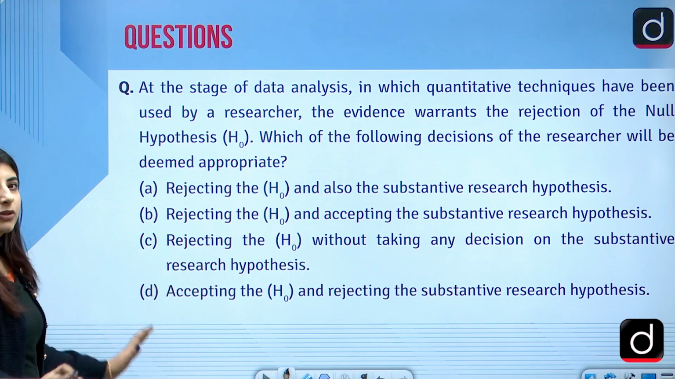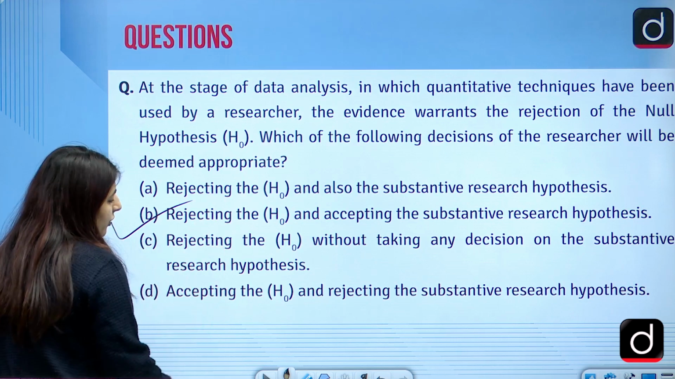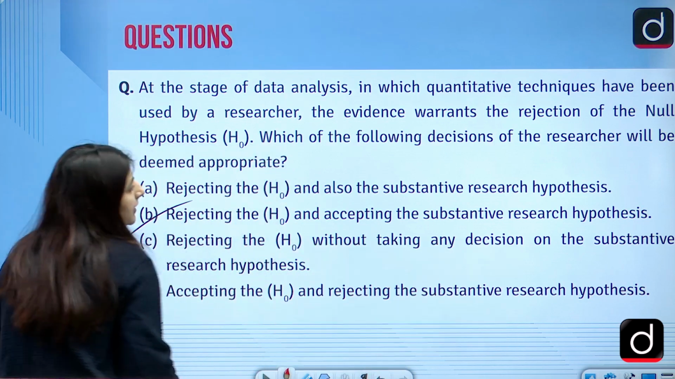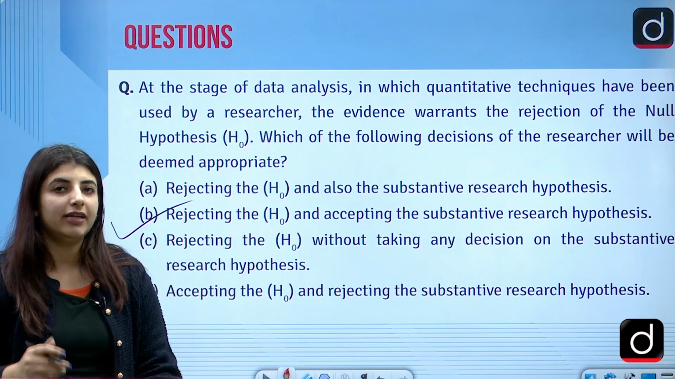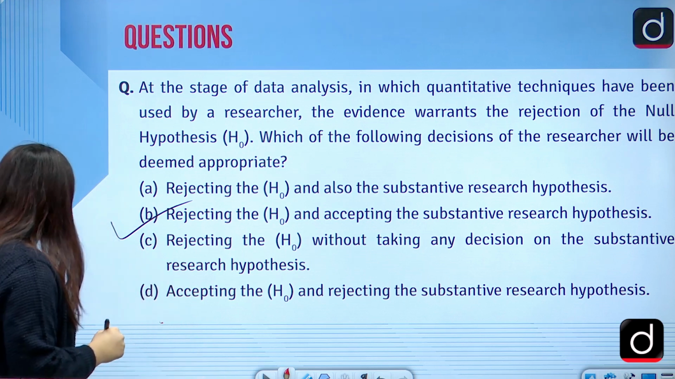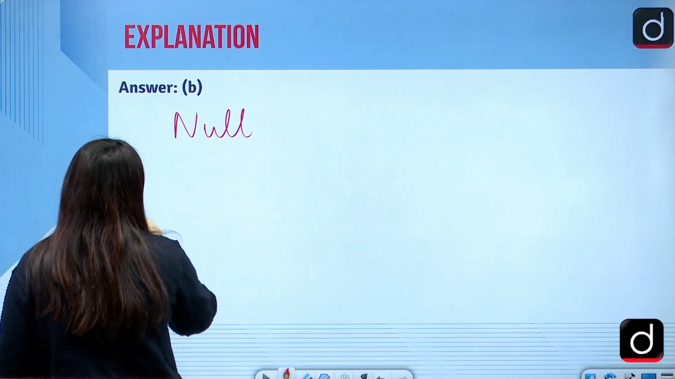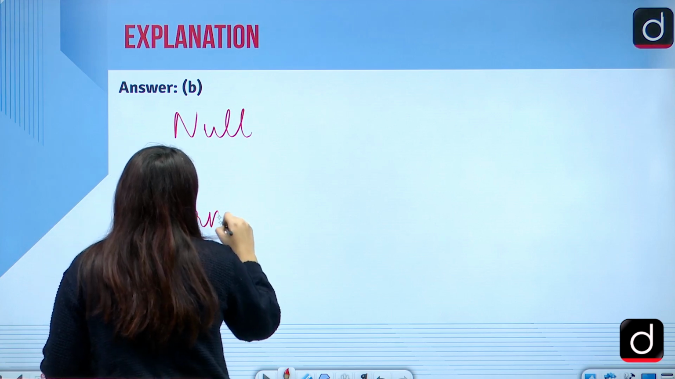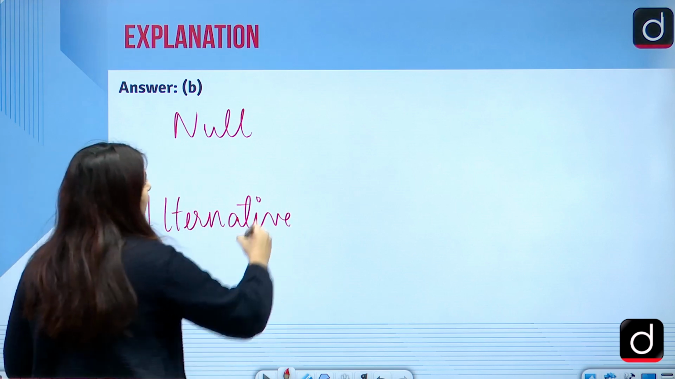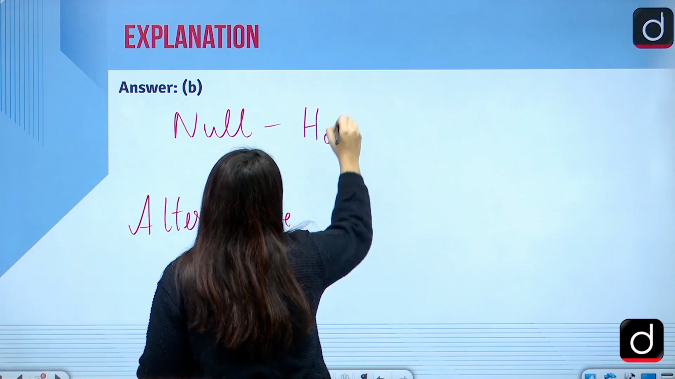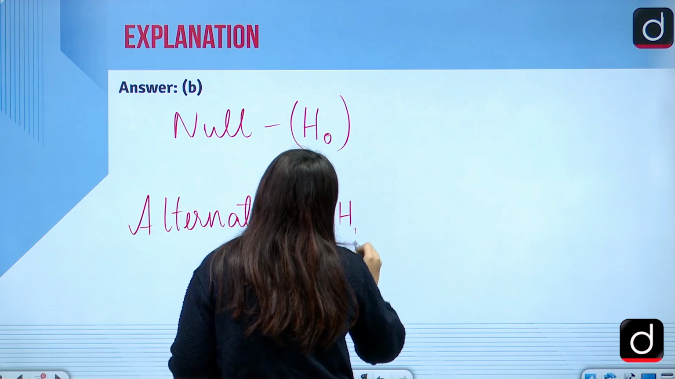So, the answer to this question is option B, that is rejecting the null hypothesis and accepting the substantive research hypothesis. Before jumping on to the description of this very question, the explanation that we have here, one should also know that whenever we conduct a research, we have two types of hypothesis. One is null, the other is alternative. Null in the examination can be signified by H, O or 0, and alternative is signified by H1